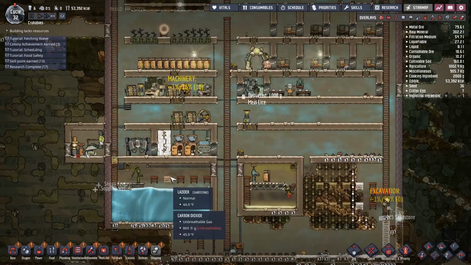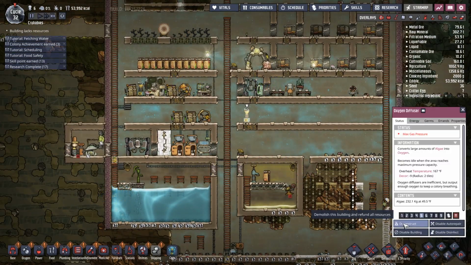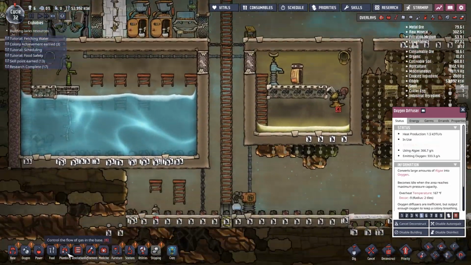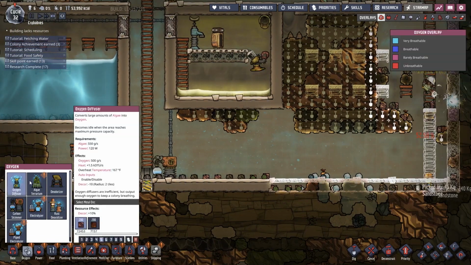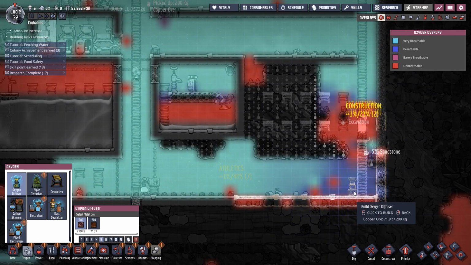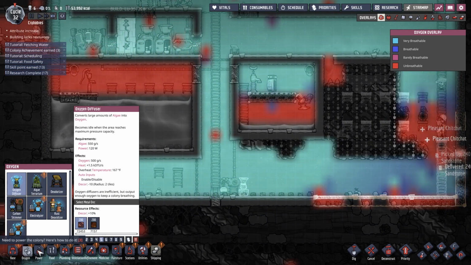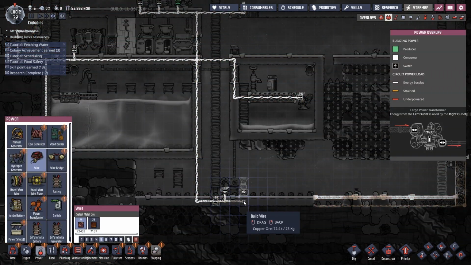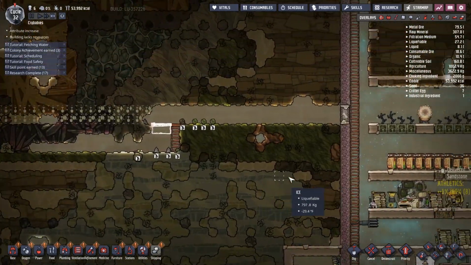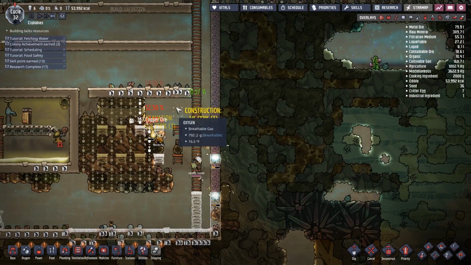Okay, so you know what? I'm gonna deconstruct this oxygen diffuser. We're gonna move it down. Do I move it down over here? No, I'll just move it next to the CO2. Okay, so that'll keep this...